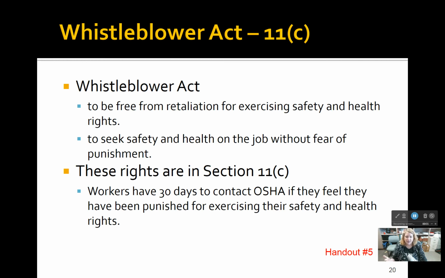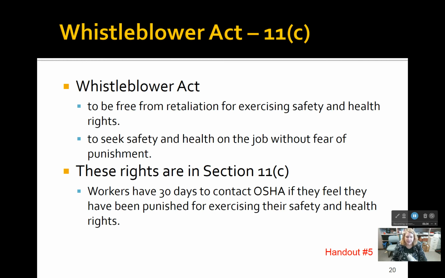If you look at this sheet, the whistleblower laws are all enforced by OSHA. But there are several other agencies listed on there. You can see the first one listed is OSHA. You have 30 days to contact OSHA if you feel like you've been punished for saying there's something wrong out there, or for filing a complaint. The next ones on down through there: there's the Clean Air Act, the Toxic Substances Control Act, a lot of different things. Some of this falls under the EPA as well as other agencies, and so OSHA is the one who controls this with regard to whistleblowers. It's just a different sector of OSHA.